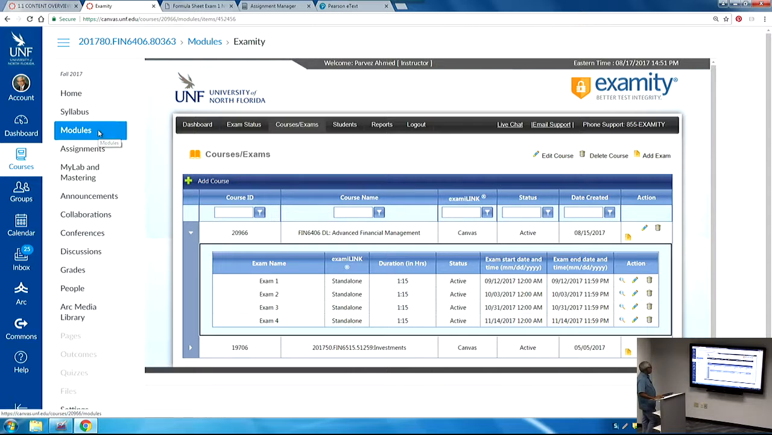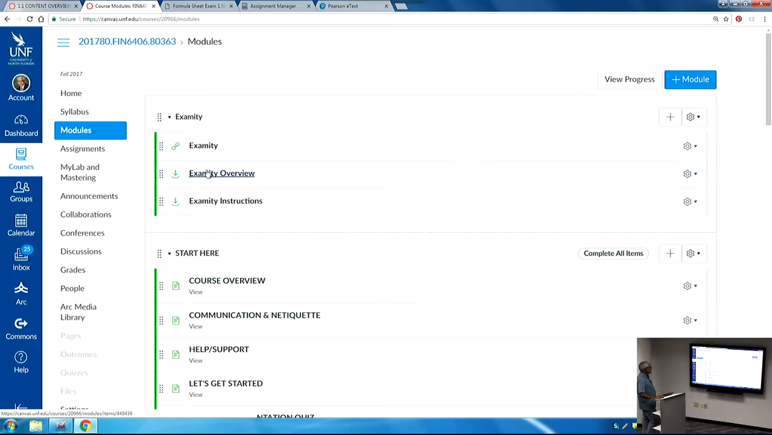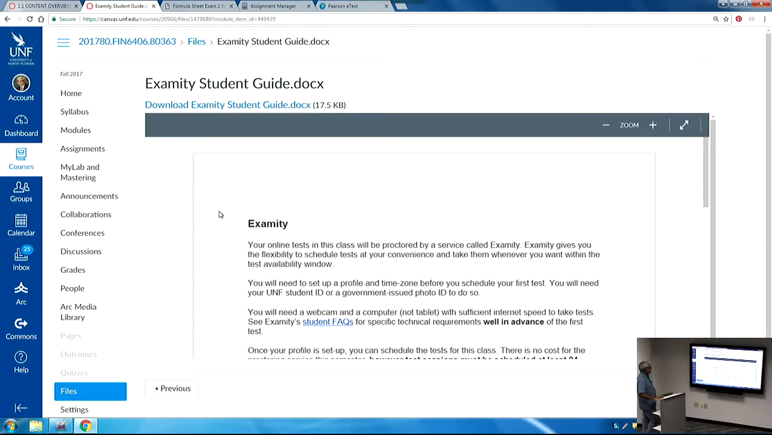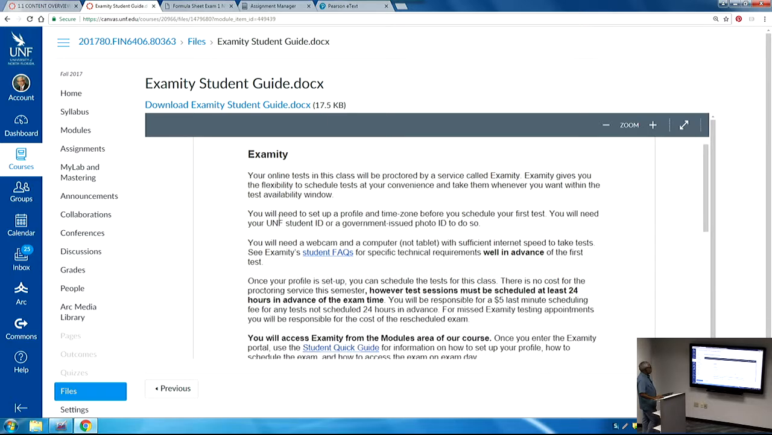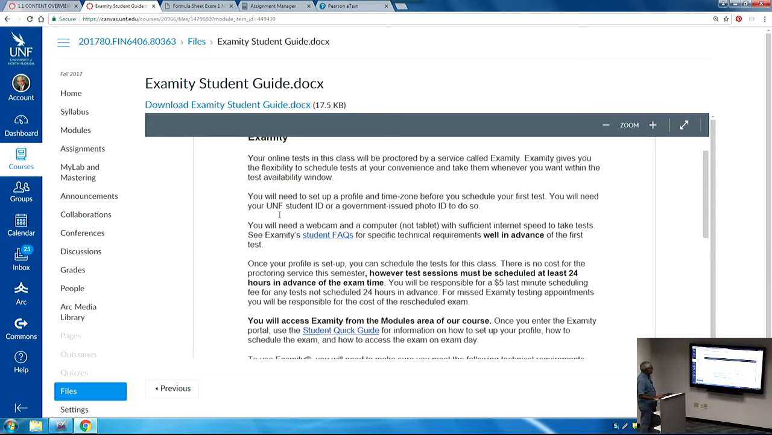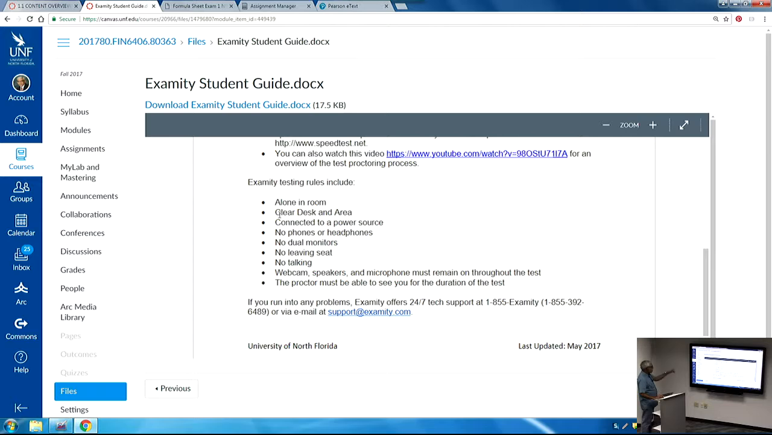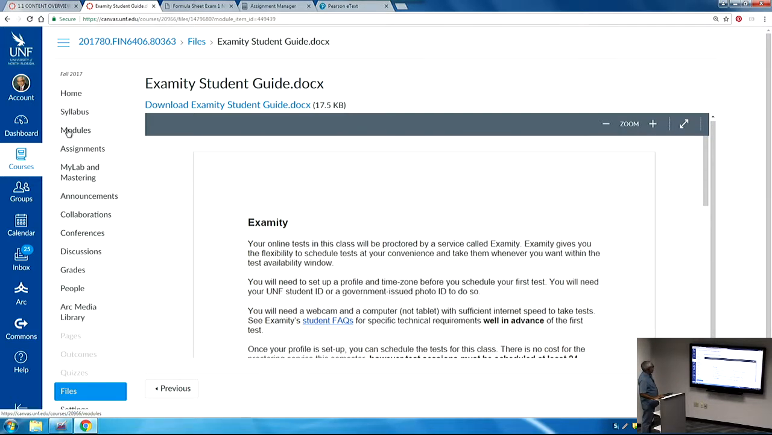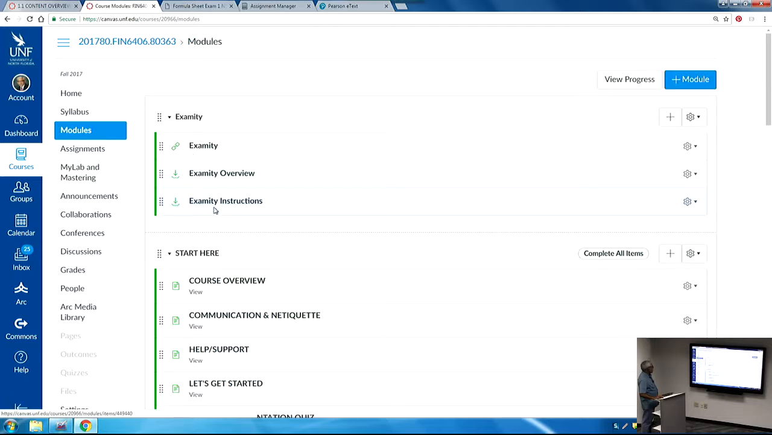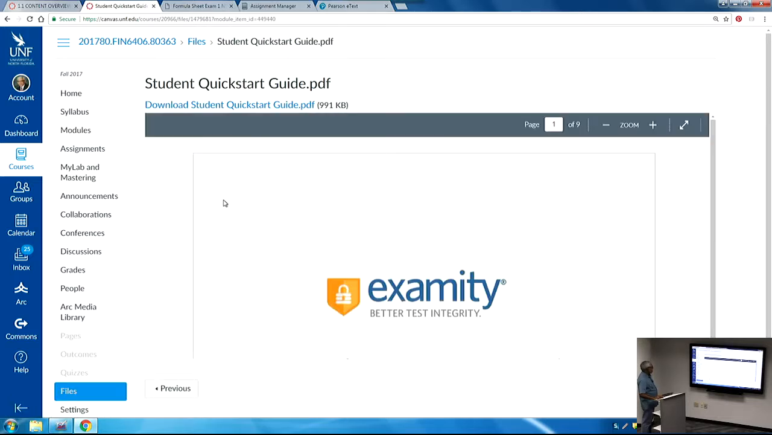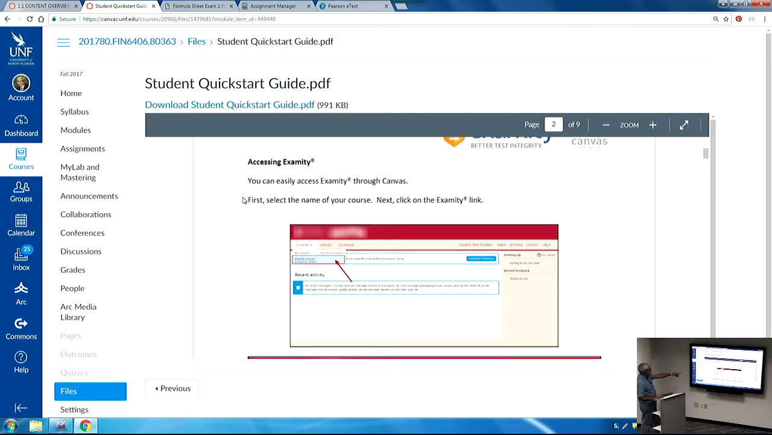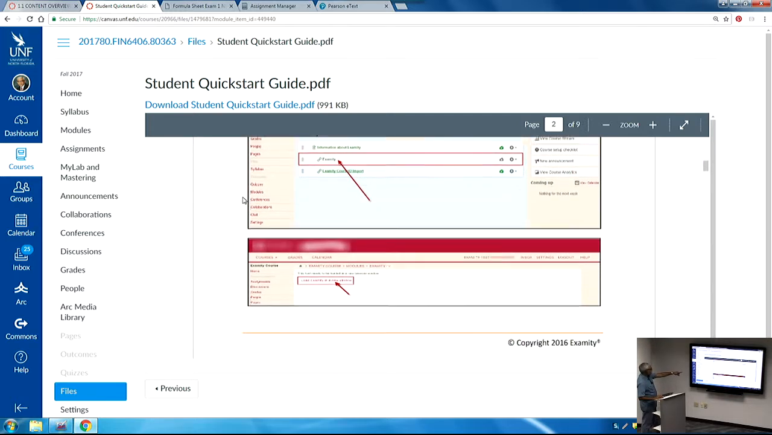But for you to do this, you will have to set this up properly. And for you to do that, you need to read through this section very, very carefully. So you can read through the Examity guide. It tells you exactly the rules of the game, what are necessary, and then the instructions. You will follow this instruction sheet. This will tell you how to set it up, how to access Examity,